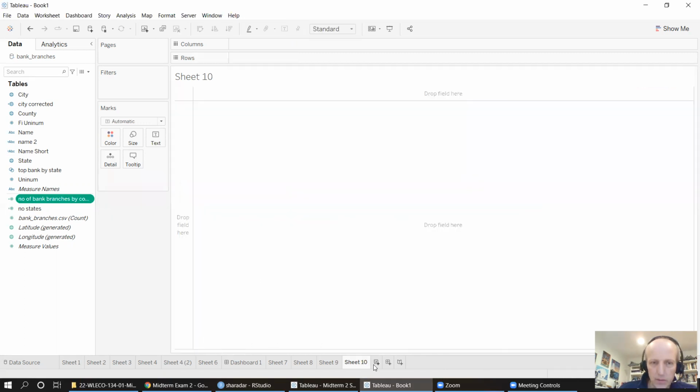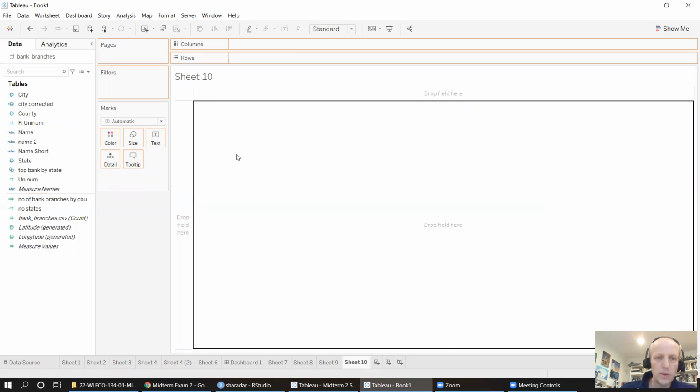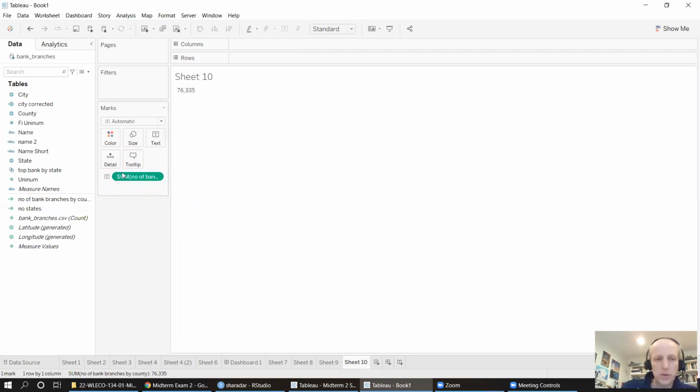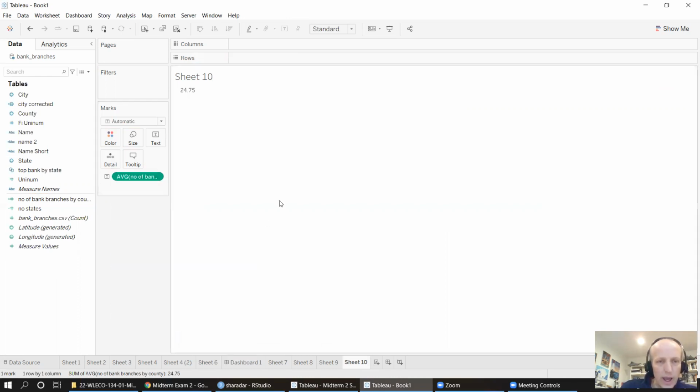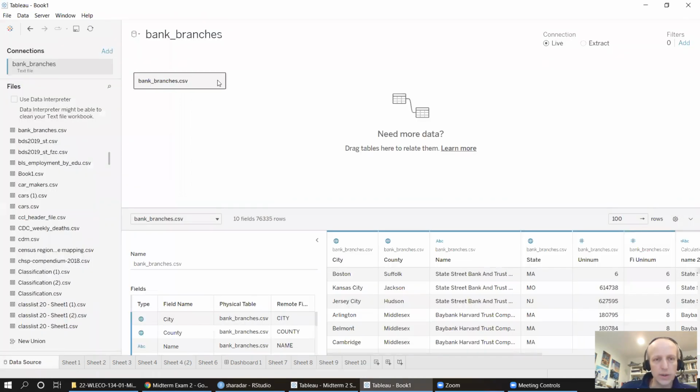I can put that into the view. Of course, this just adds up all of the branches if I use sum as the method of aggregation. But if I change this to average, it will tell me the average across counties. What is the number of branches? On average, there are 24 branches per county. Now, we want to see how that varies by census region. So we can open up this table,